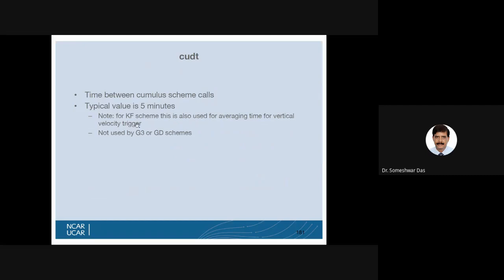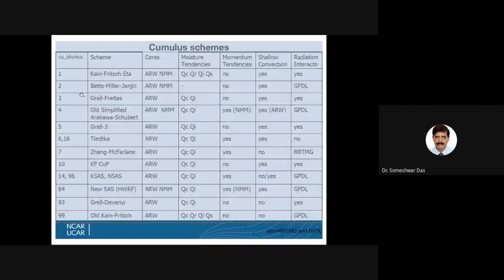Note that for Kain-Fritsch scheme, this is also used for averaging time for vertical velocity trigger, not used for G3 or GD schemes. So this is the controlling parameter for invoking the cumulus parameterization, and these are the different cloud microphysical parameter options available when you are using different cumulus parameterization schemes.